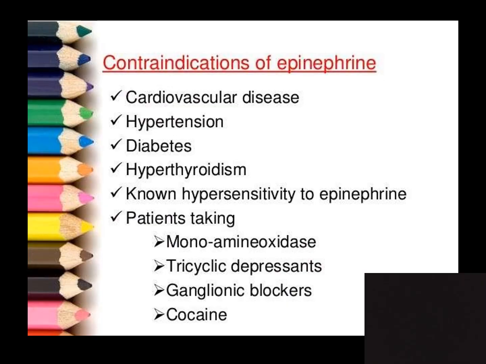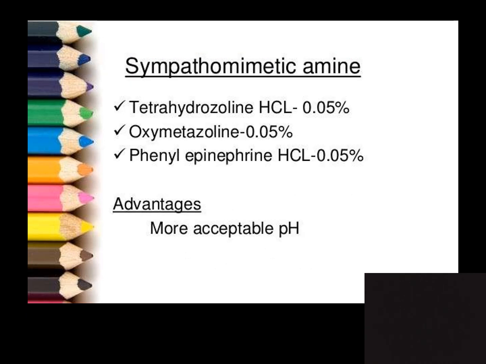tooth region. The epinephrine present in the gingival retraction cord is contraindicated in some patients having systemic conditions such as cardiovascular disease, hypertension, diabetes, hyperthyroidism, known hypersensitivity to epinephrine, and also patients taking medications such as monoamine oxidase inhibitors, tricyclic antidepressants, ganglionic blockers, and cocaine. The sympathetic amines consist of tetrahydrozoline hydrochloride, oxymetazoline, and phenylephrine, and the advantage of these is a more